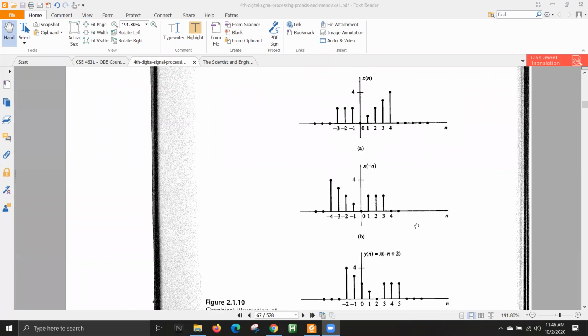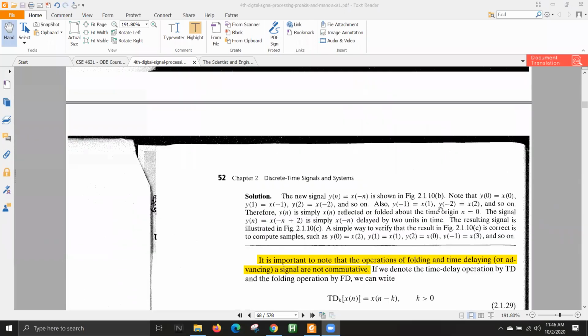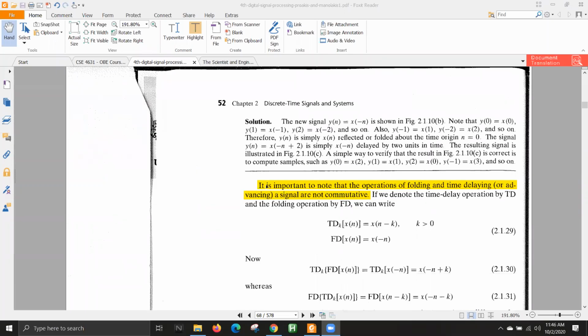হ্যাঁ, মানে অর্ডার না, এই জিনিসটা আসলে তুমি যেকোনো ভাবে করতে পারবে, তুমি আগে শিফট করে পরে রিফ্লেকশন করতে পারো, আবার আগে রিফ্লেকশন করে পরে শিফট করতে পারো। আচ্ছা, ওয়েট, নট এক্স্যাক্টলি, হ্যাঁ হ্যাঁ, এখানে একটা অর্ডার আছে, it is important. এখানে অলরেডি মেনশন করে দেওয়া আছে যে it is not commutative, ঠিক আছে? That means signals cannot be, time delaying আর এই folding, তুমি কোনটার পরে কোনটা করছো এটার উপরে ডিপেন্ড করে।